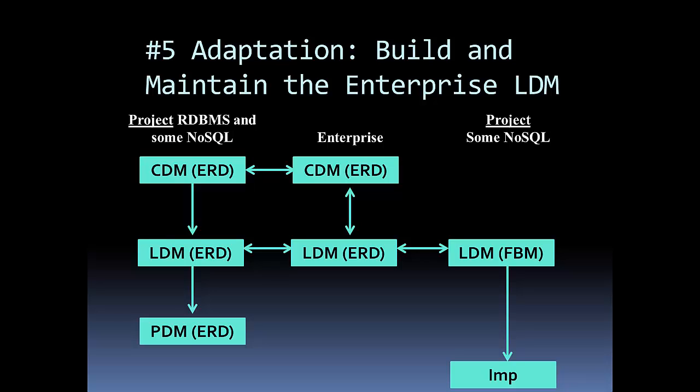And so where the enterprise logical sits in is right in the middle, where we can build a conceptual enterprise logical model. And you see the two-way arrows indicate mappings back and forth with the project model. And also we have a two-way arrow with a logical. Sometimes we may learn something in the logical, update the conceptual. More than likely we'll come up with something in the conceptual and then add that to the logical. So these arrows show us lineages and flows between the different models. And the enterprise logical sits right in the middle. It's almost like the hub of a bicycle tire. You need that enterprise model in the middle, and the spokes represent the linkages between the different project models.